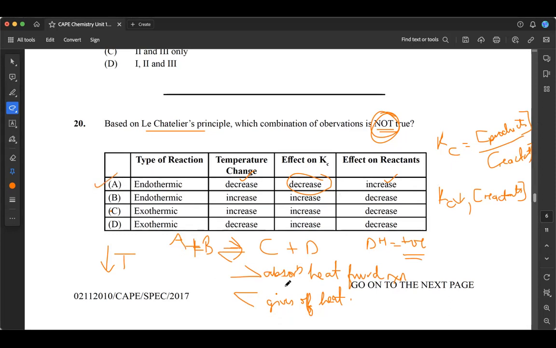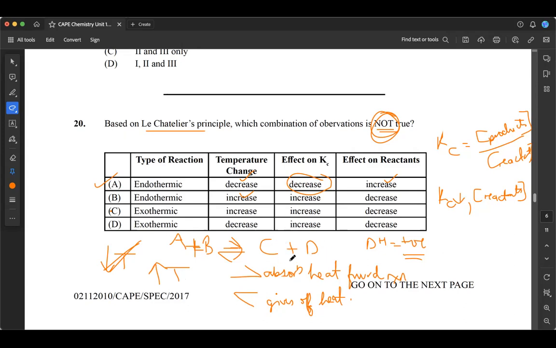Endothermic reaction again, just like we have here, but in this case we're increasing the temperature. So let's scratch this off. We're not decreasing temperature anymore. We are increasing the temperature. Remember, this is an endothermic reaction, so the forward reaction absorbs heat energy. If I'm increasing the temperature of the system that's originally at equilibrium, the equilibrium is going to shift in a direction so it can absorb that heat energy. And remember, we said that the forward reaction is what absorbs heat, so it's going to go towards the right,